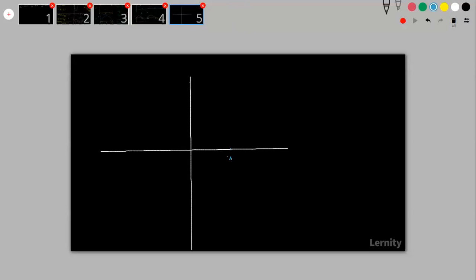So this is pi by 2, pi, then you have 3 pi by 2, 2 pi, then you have 5 pi by 2. But they are not parallel. They will look like parallel, but they are not parallel. The left side and right side lines will look like parallel, but remember they are not parallel. Okay. So I will draw these lines also.